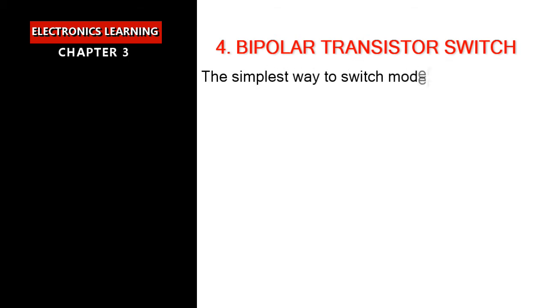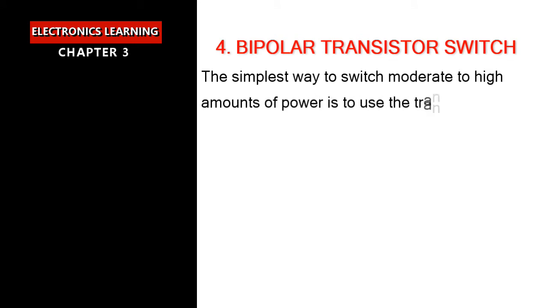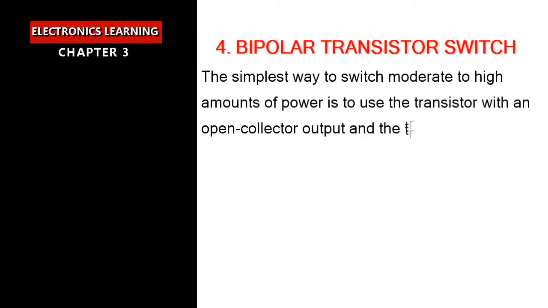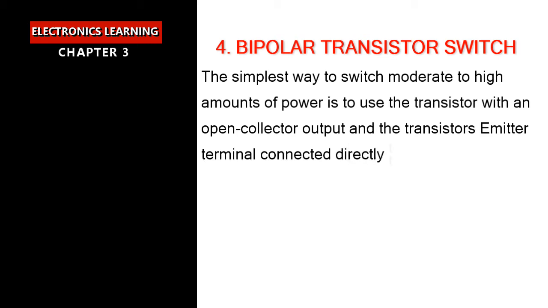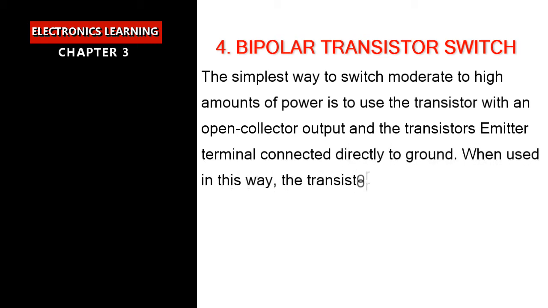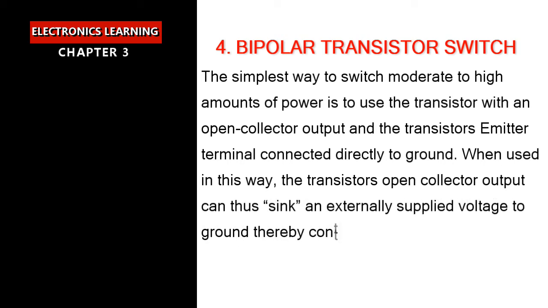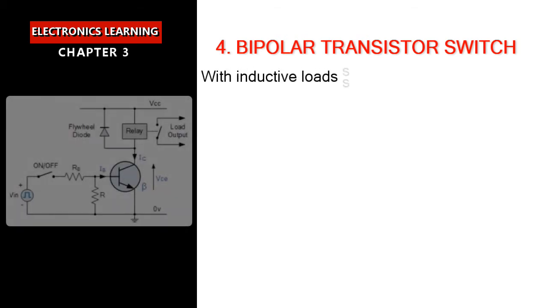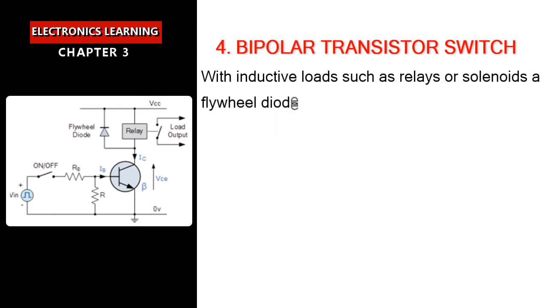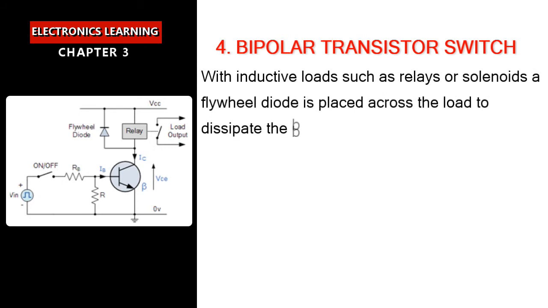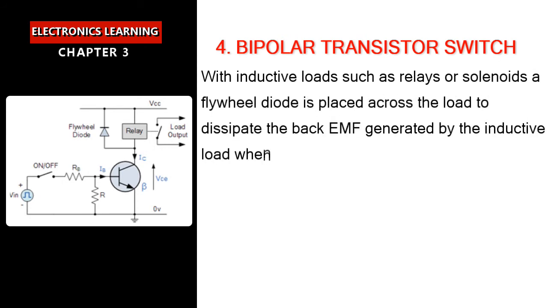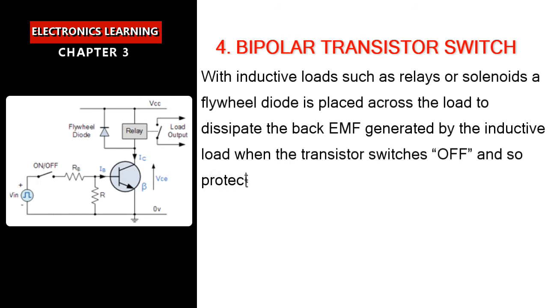The simplest way to switch moderate to high amounts of power is to use the transistor with an open collector output, and the transistor's emitter terminal connected directly to ground. When used in this way, the transistor's open collector output can thus sink an externally supplied voltage to ground, thereby controlling any connected load. With inductive loads such as relays or solenoids, a flywheel diode is placed across the load to dissipate the back EMF generated by the inductive load when the transistor switches off, and so protect the transistor